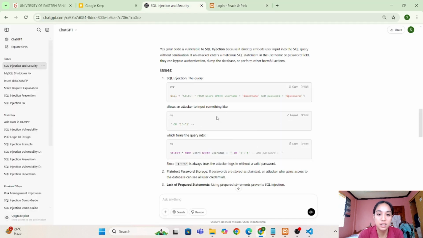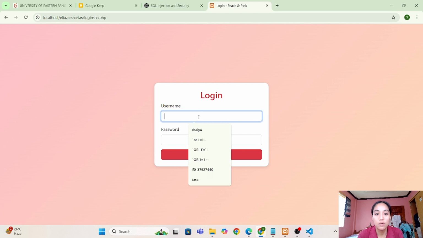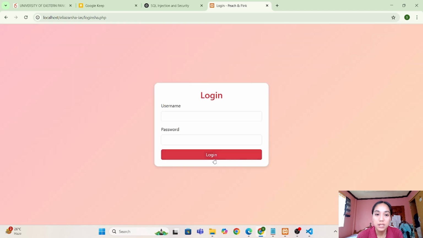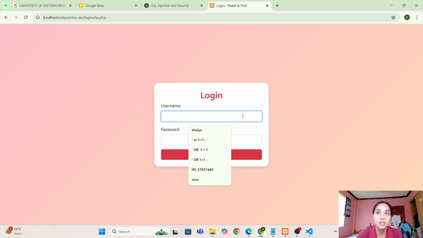Let's try to bypass. We'll use this SQL injection. So, kung gumana to, or kung hindi to gumana, it means our website is secured. Hindi kagaya sa una kanina. So, here, we have the sweet alert validation, invalid username or password. So my website now is secured. Unlike kanina sa naunang ginawa ko, which is vulnerable siya sa SQL injection. So that's all, sir, and thank you po.